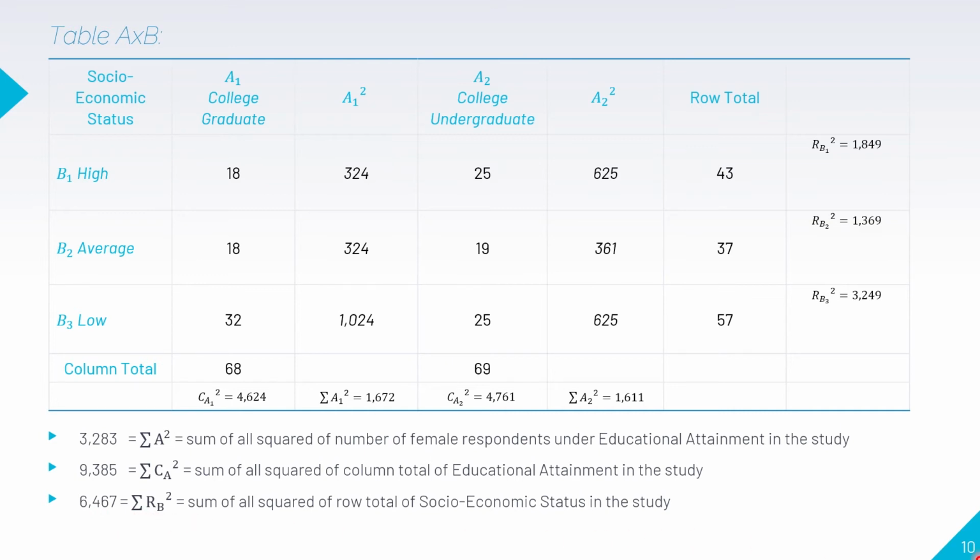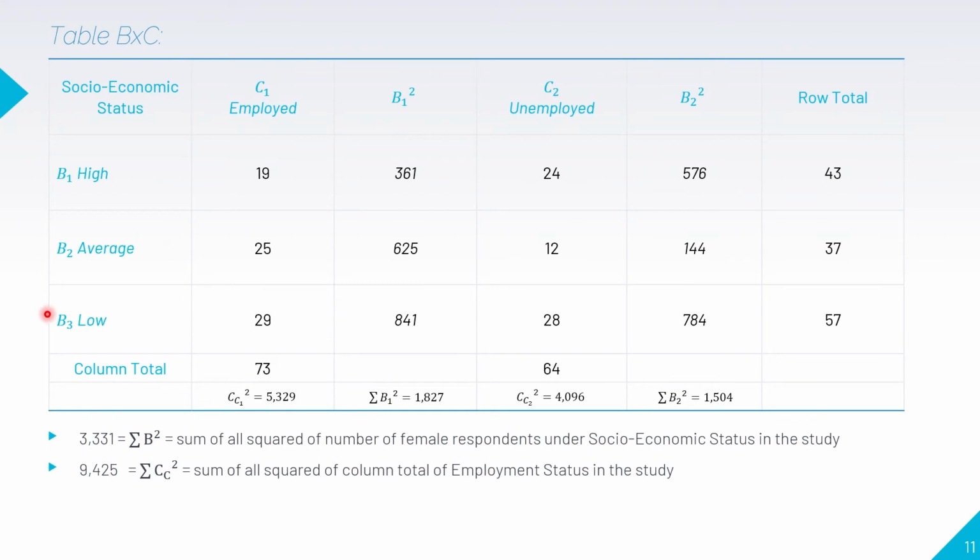After that, we go to our table B by C, so our B, socioeconomic, and our C, employment status. Same as we did in our table A and B, we need to find the squares of this column. So 19 squared, we have 361. 24 squared, we have 576. So we just need to add, and we have this total. Add, and we have this total, and then add this summation of B. Add 1,827 plus 1,504, we have the summation of B squared as